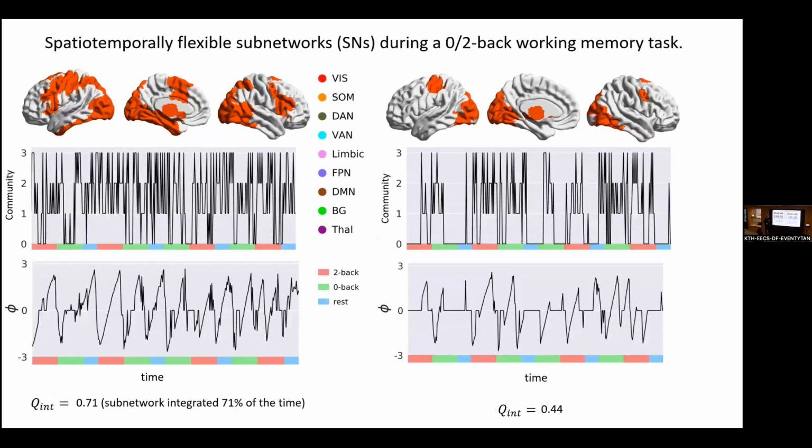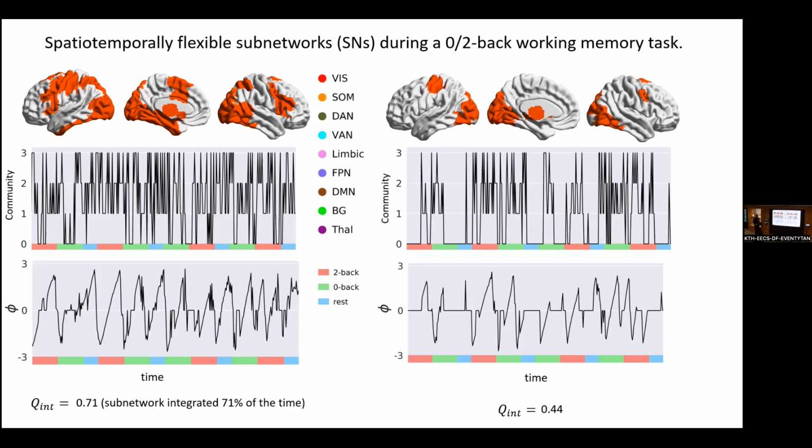And this is how it looks for the working memory. This is a two-back working memory task, by the way. Does everybody know what a two-back working memory task is? Everybody? So it's basically two-back. You get a list of words or figures, and you have a cue, and then you have to compare that cue to what you saw 2 times before. So then you have to say yes or no if it matches. And you can change the difficulty by doing 3-back and 4-back and so on,